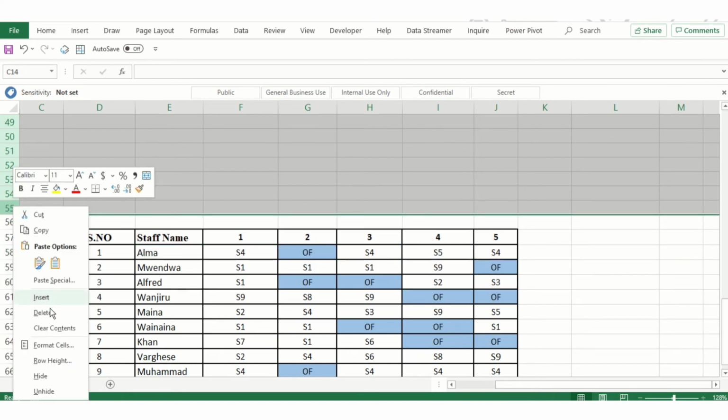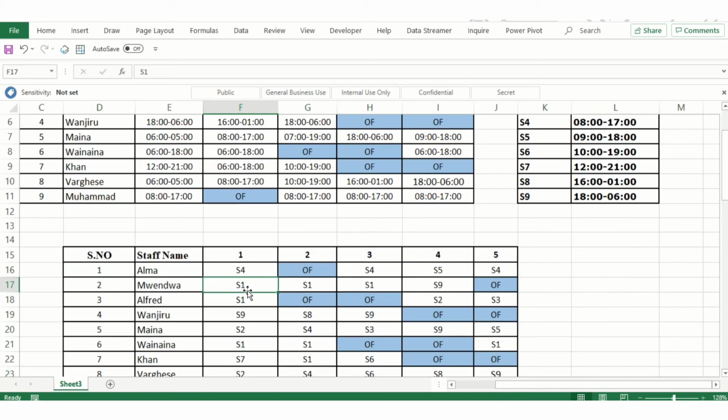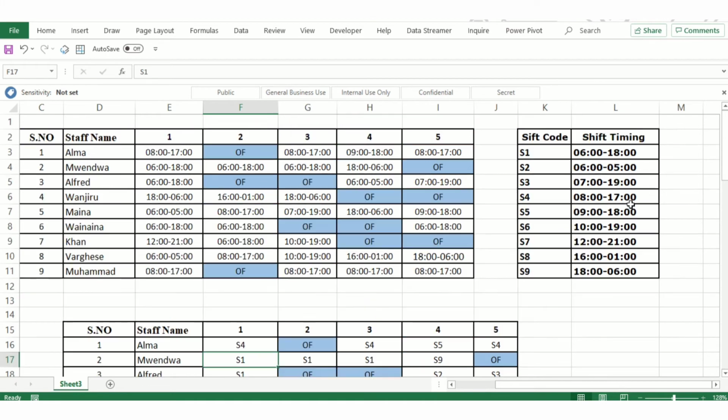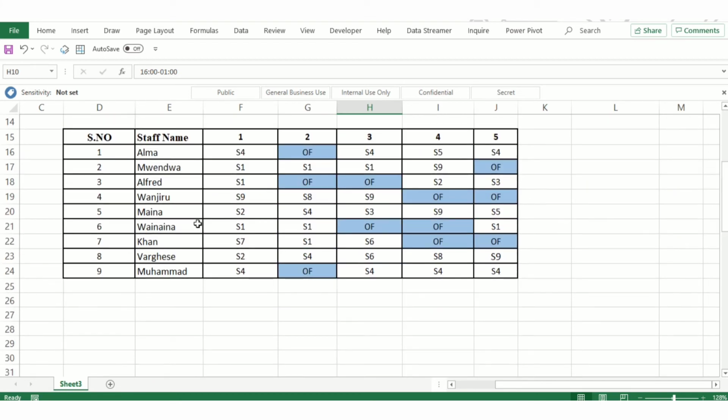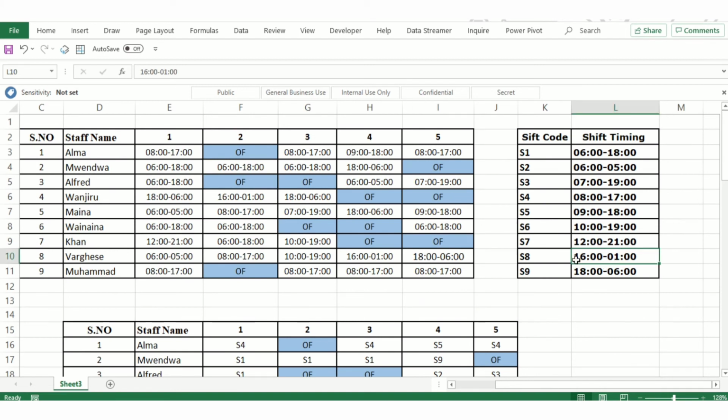Just cross check: the S4 code will be 8 to 17, and now you can check 8 to 17. Then on the 4th, the code is S8, so you can check S8 is 16 to 1. Everything is proper.